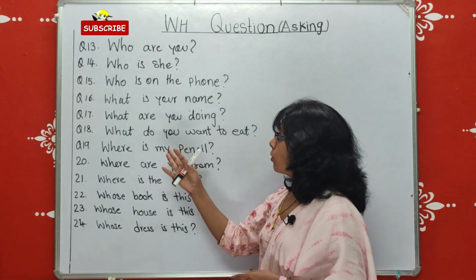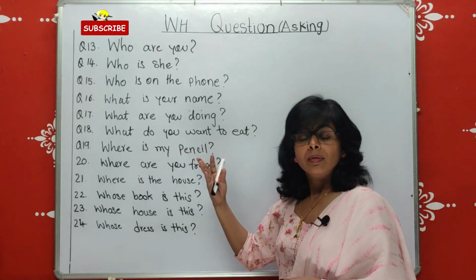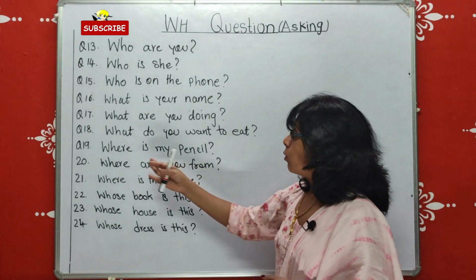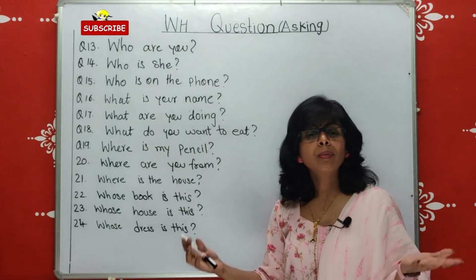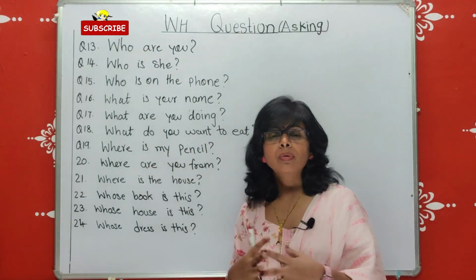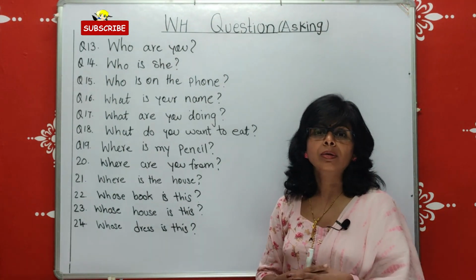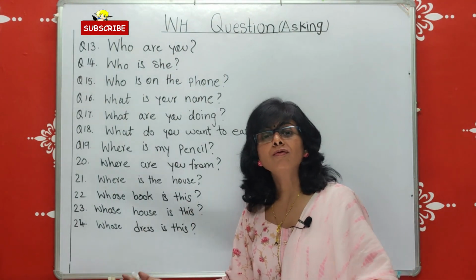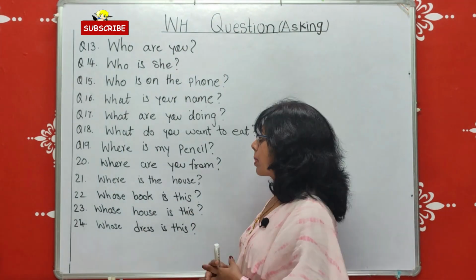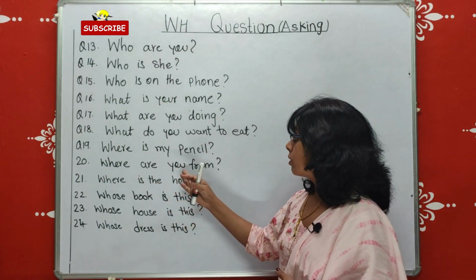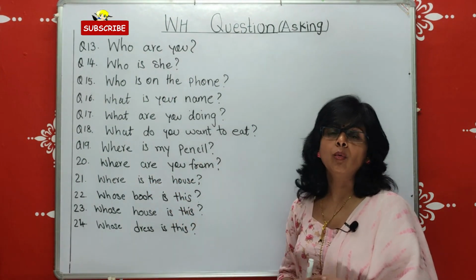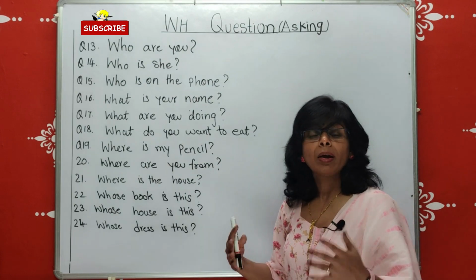Next, this one, what? क्या? Where is my pencil? Where is my pencil? Where is my shoes? Where is my dress? Where I have to go? कहाँ मुझे जाना है? Where are you from? तुम कहाँ से हो? वेयर आर यू फ्रॉम,